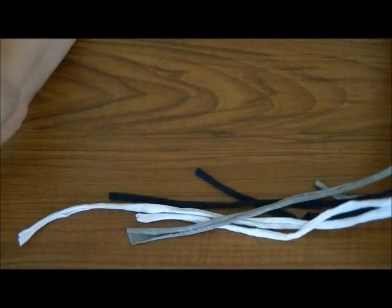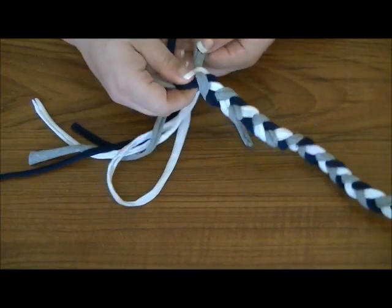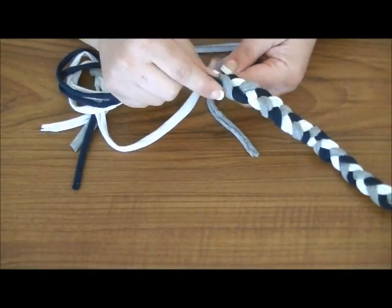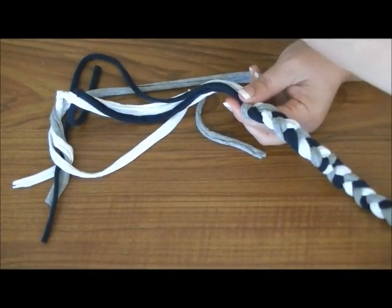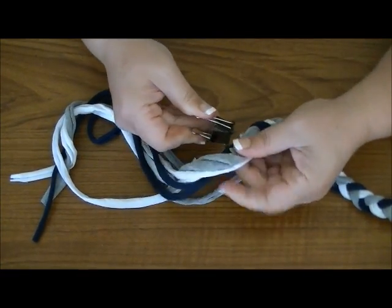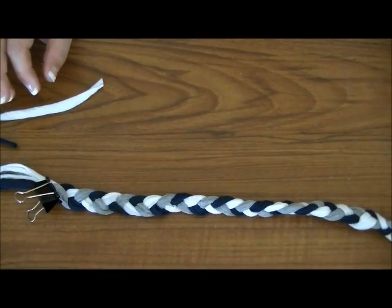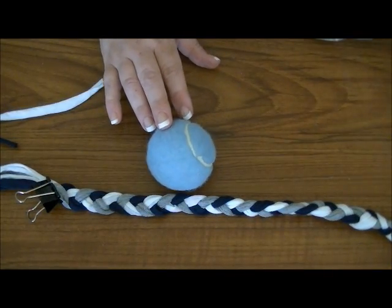I'm braiding almost to the bottom. I probably have about 1.5 feet, well, depending on the color, I have about 1.5 feet left. And I'm going to stop right there. And I'm going to put my clip now down at the bottom just to hold it together, while I take my tennis ball and my utility knife,